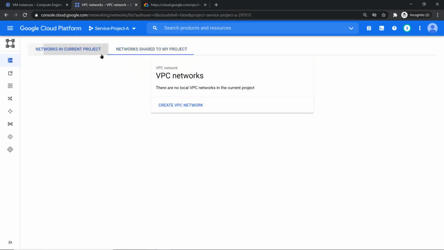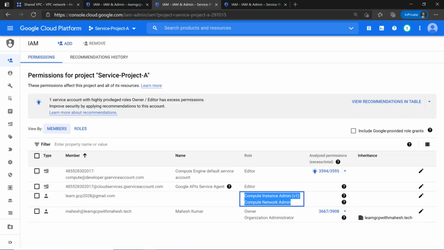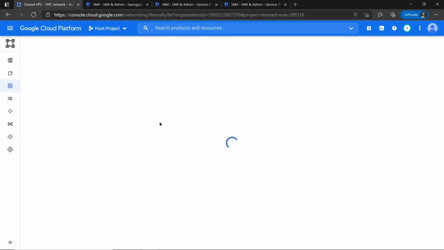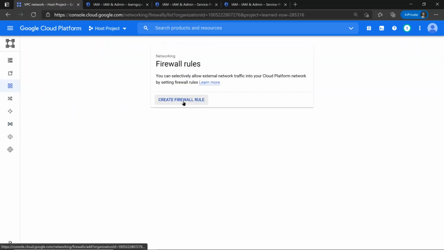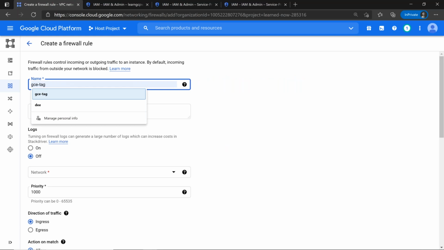Now let's go to our host project and turn on our firewall rule. There's no firewall rule created yet. Let me quickly create a firewall rule. So I'll call this